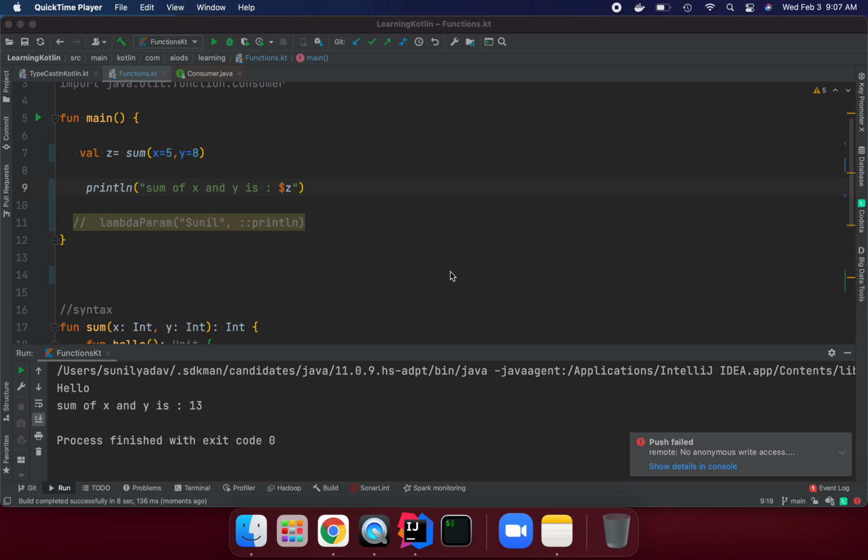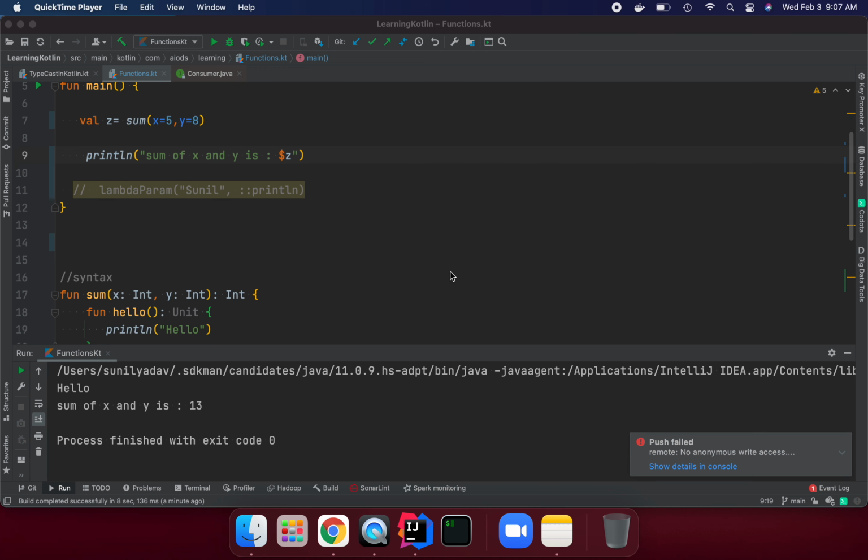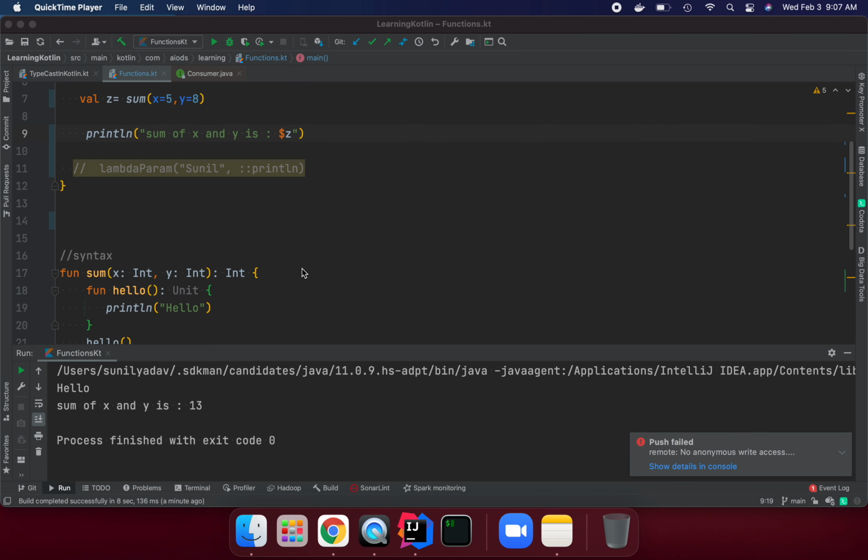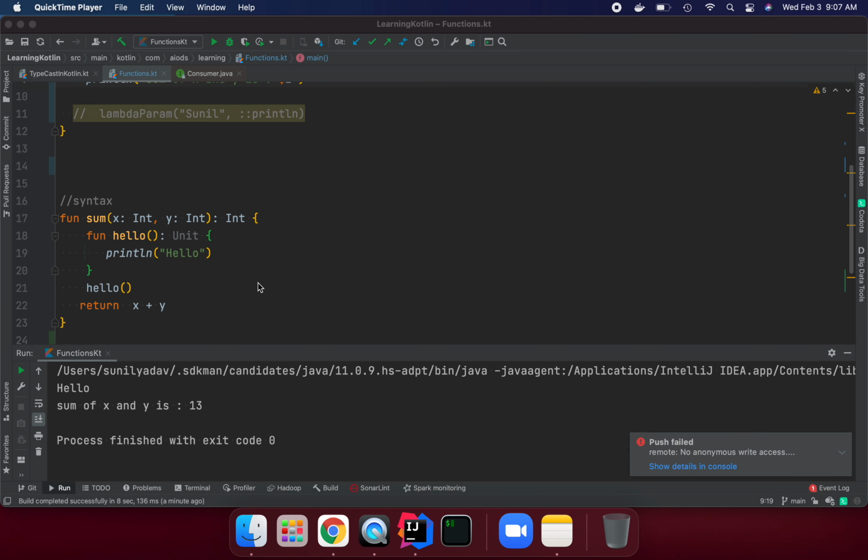In this session, I'm going to cover how we can write a function in expression way in Kotlin, and how we can also use the optional parameters in the functions. So in the previous session, I covered the basic details of the function, how we can declare, define, and use the function. So I'm going to give the detail of how we can define a function the expression way. So let's see in this example.